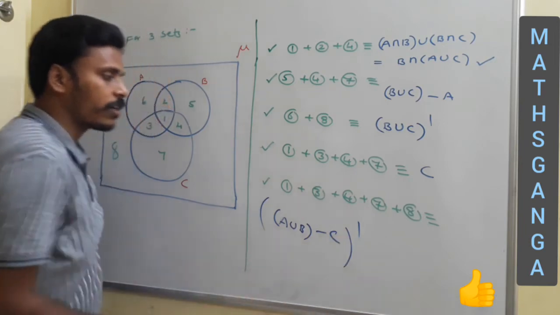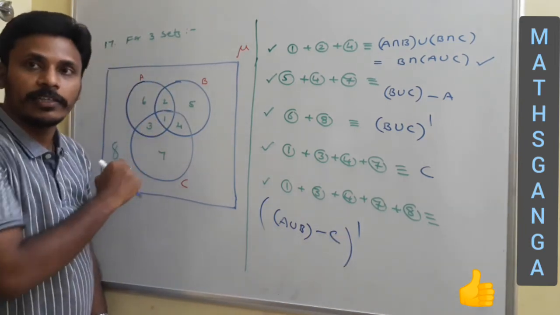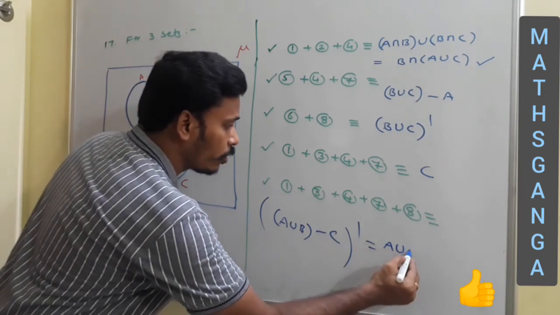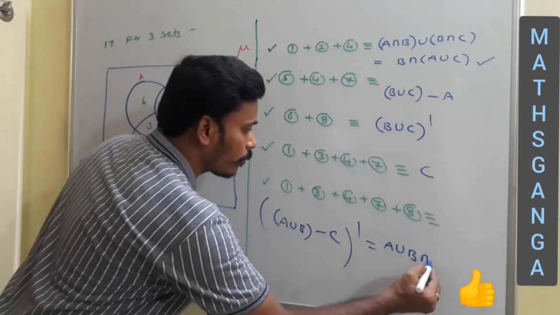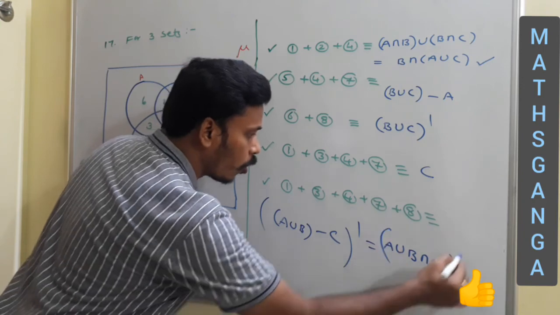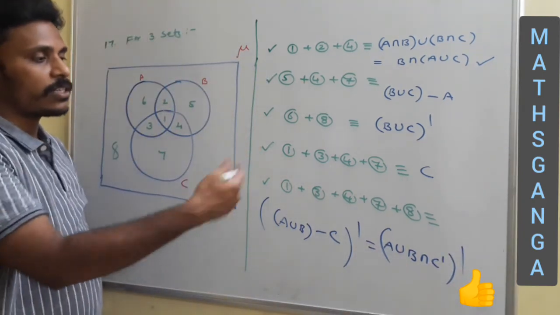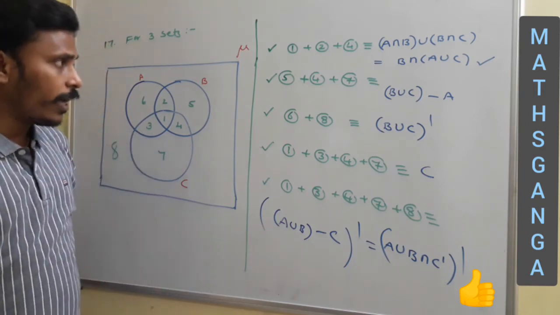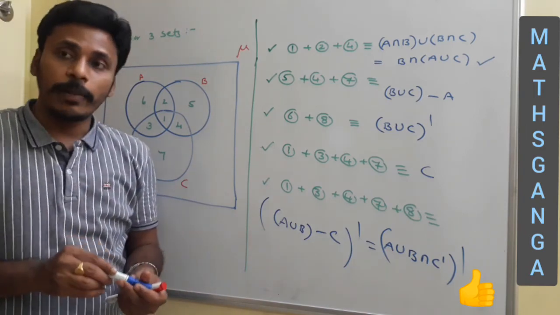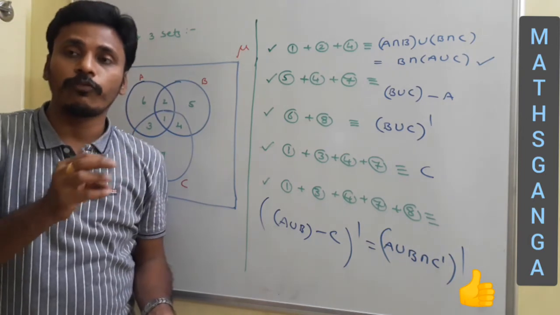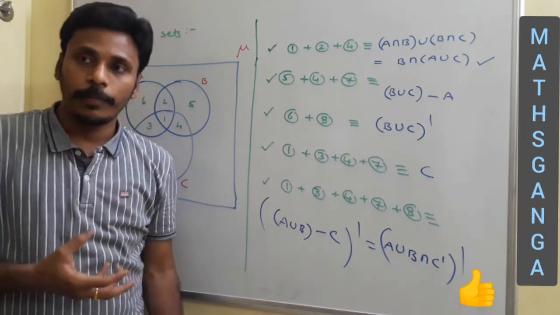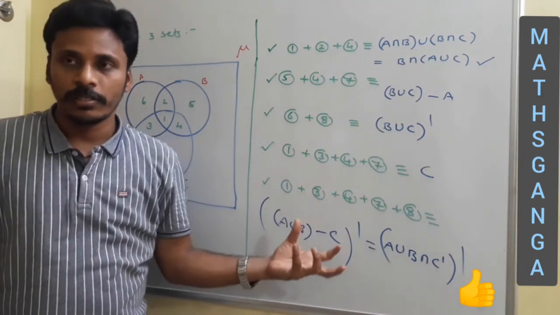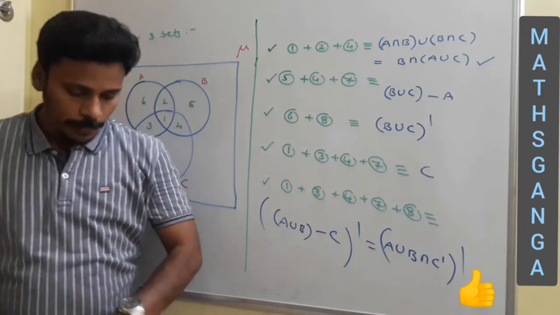Its complement just represents this 1, 3, 4, 7 and 8. Is it clear? In another way I will write it like this: A union B, this minus C is nothing but intersection C complement, whole complement. Further there is a chance to simplify. At the end, that's the name for that. So just look there. Previously I mentioned individual regions 1, 2, 3, 4, 5, 6, 7, 8 and gave different names. Here are combinations of the regions and different names related to those regions. Is it right? Just have a look.